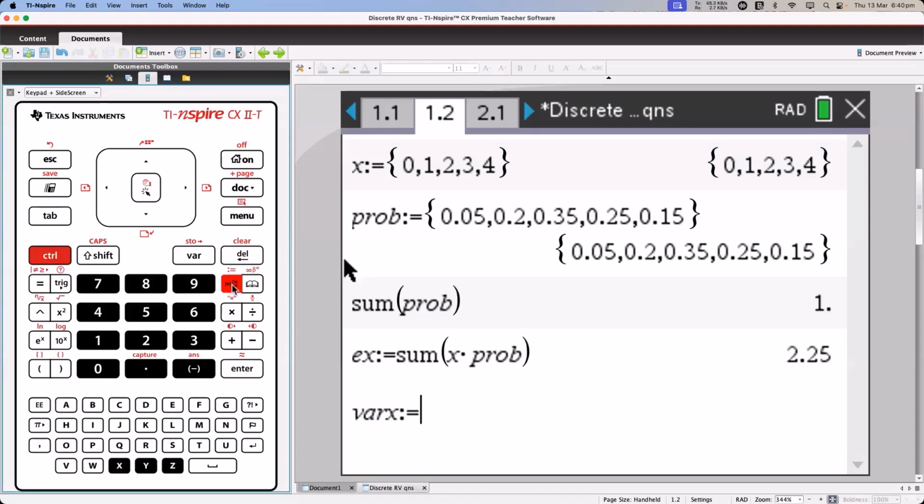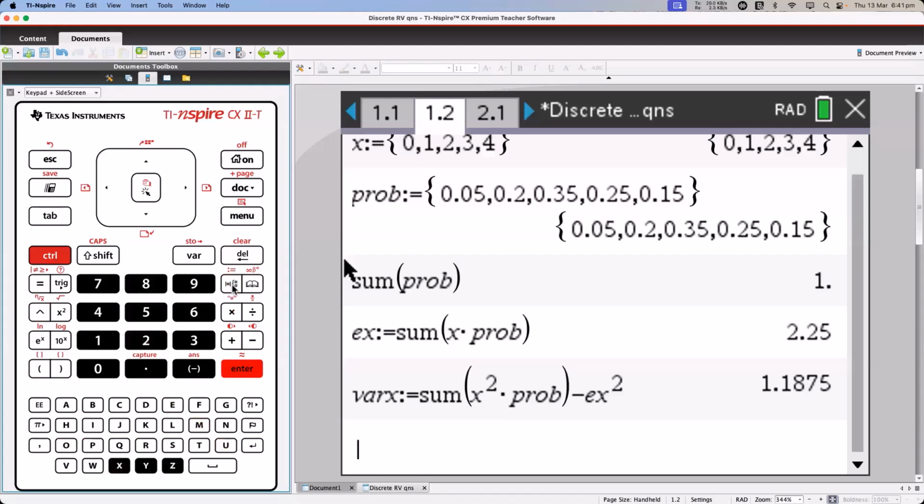And now what I'm going to do is I need the sum of X squared multiplied by the prob minus the previously defined E of X all squared. So the expected value of X squared minus the expected value of X all squared. And that tells me that the variance is